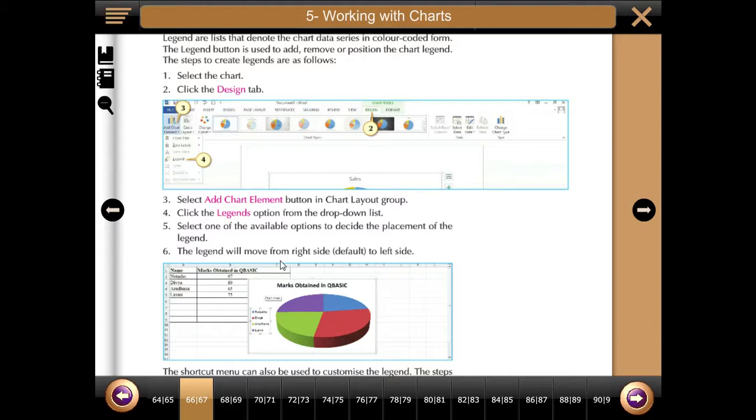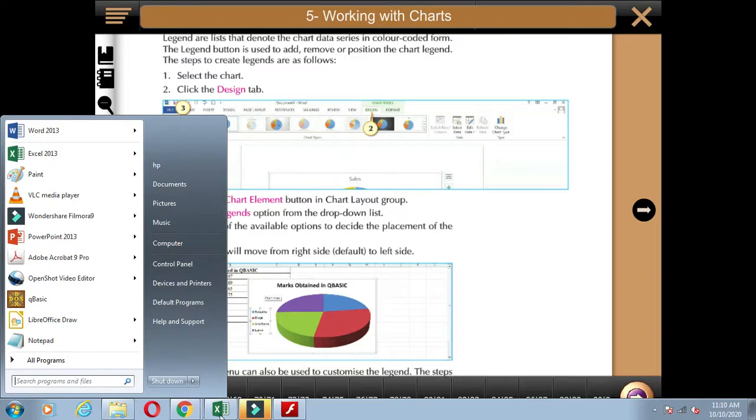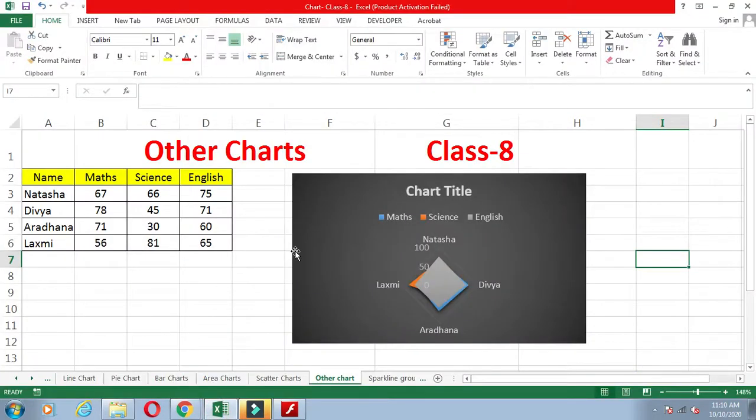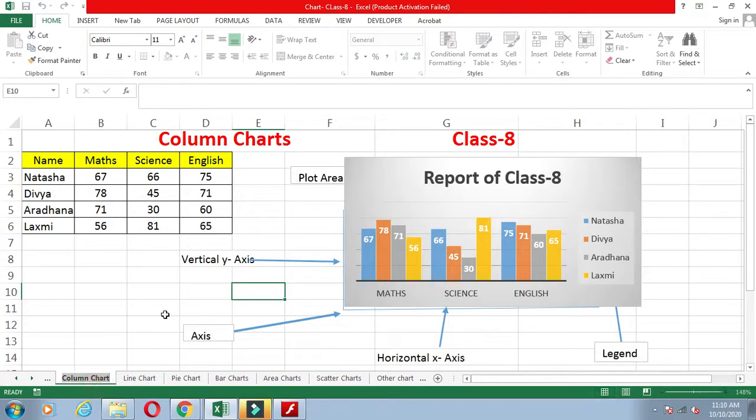One of the charts we are taking here is a column chart. This chart is already made here, and if we are editing some data here, say we come to know that Natasha got 67 marks in mathematics.